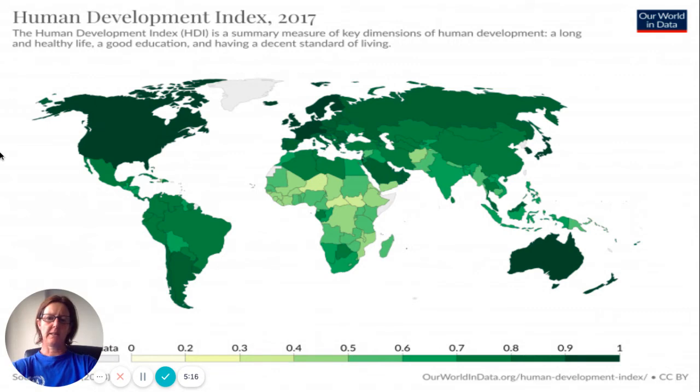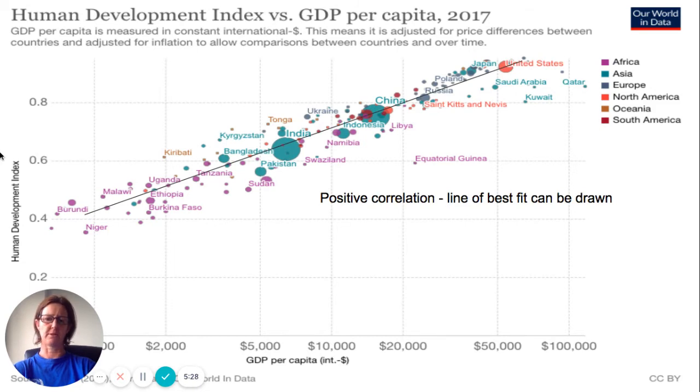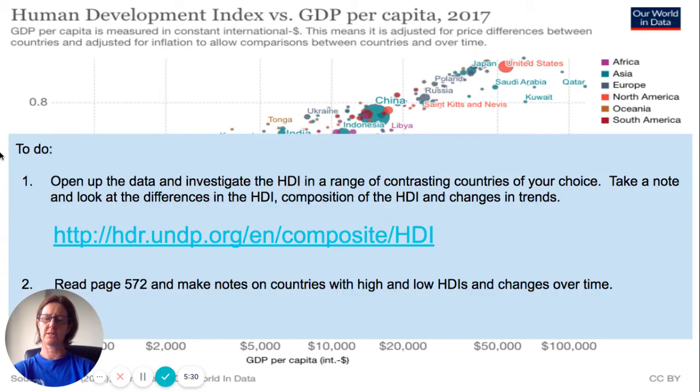So I've got Japan there and South Korea. Okay, I can see that there is a positive correlation between HDI and GDP per capita. All right, so there will always be some anomalies here, but generally there is a positive correlation here. All right, what I suggest you do is just pause this, read through page 572, make some notes on countries